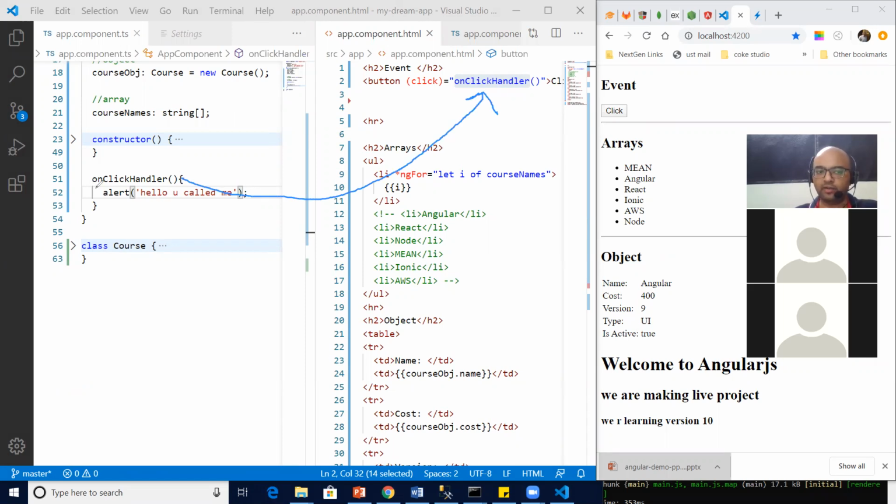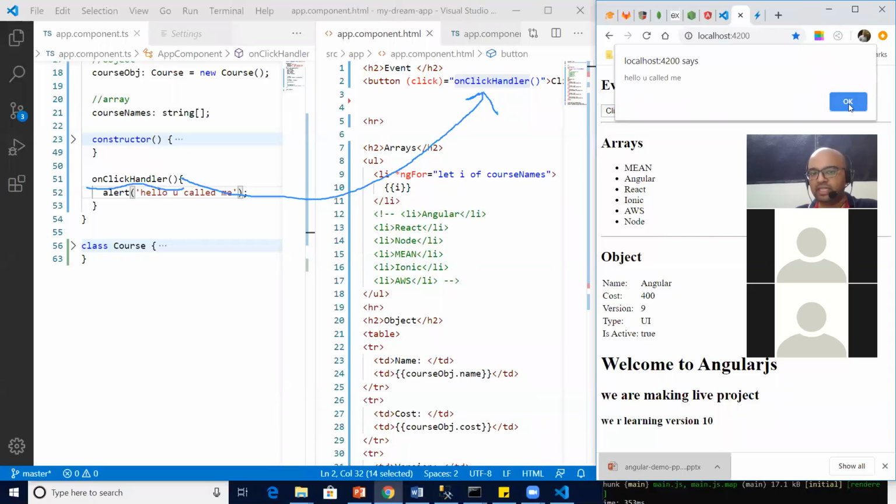This is our function, our handler, which we have hooked with the click directive. So will it work or not? Let's see. I go to my click button, click on it, and you can see it says hello, you called me, which means it is completely hooked, which means event binding is happening.